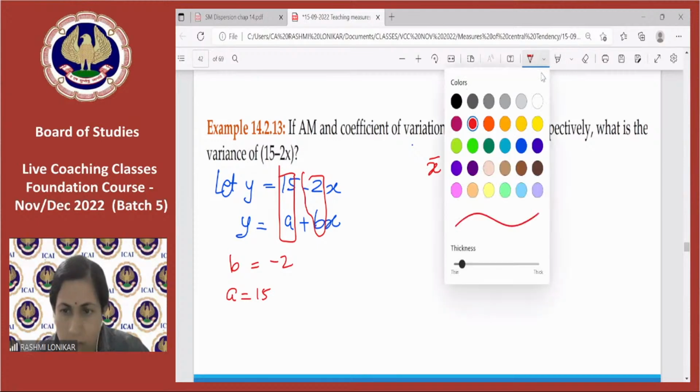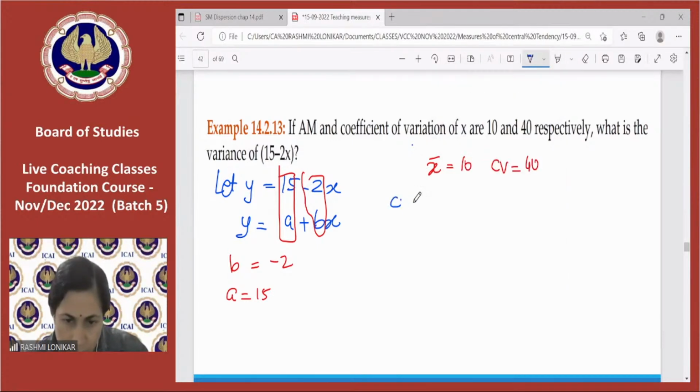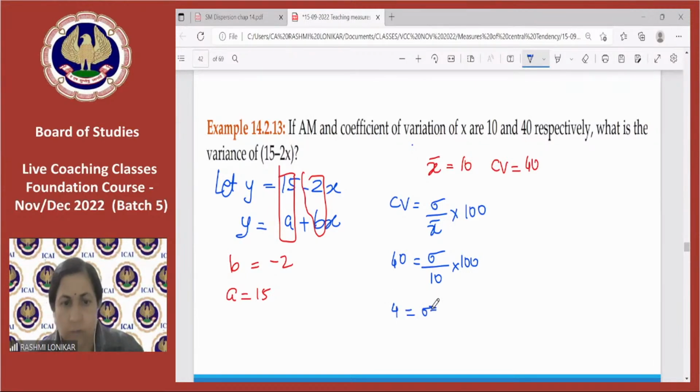Okay. So I know the formula CV is equal to sigma upon x bar into 100. Now CV is already given to me as 40. Sigma I don't know, and what is the value of x bar? X bar is 10, into 100. Okay, so what I get here is 4 is equal to sigma. Now I am able to find out that